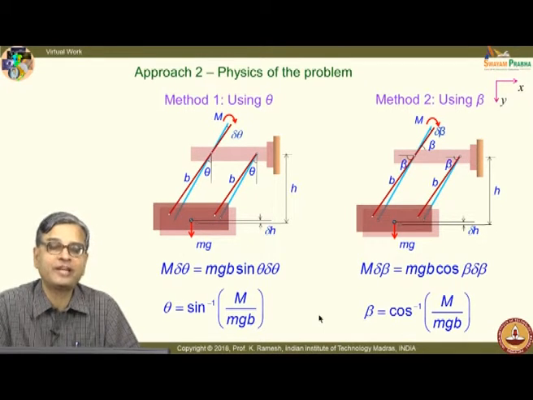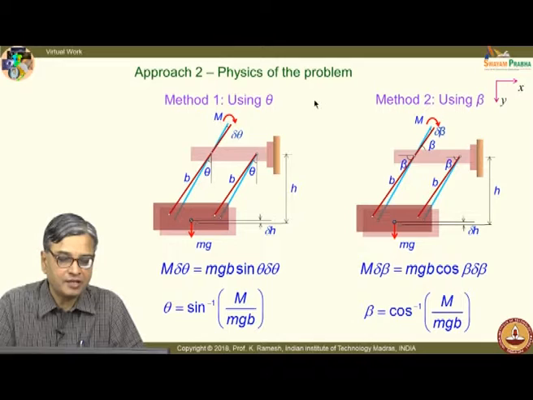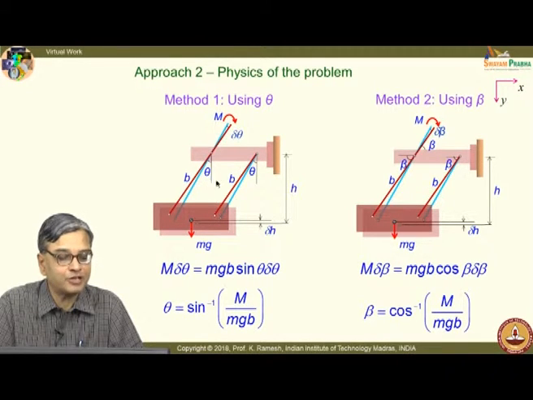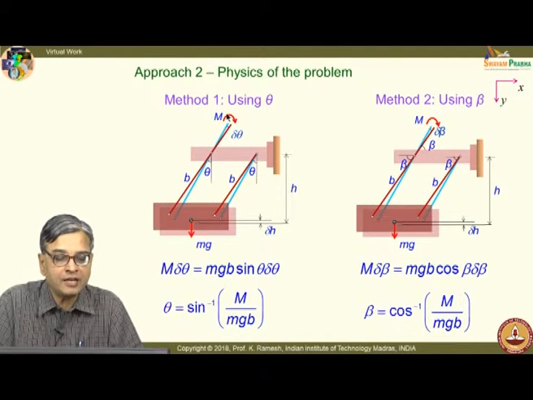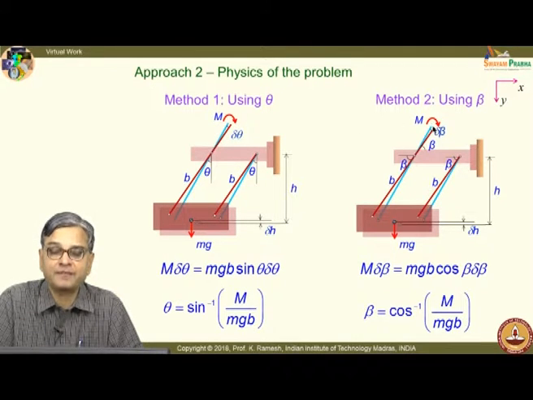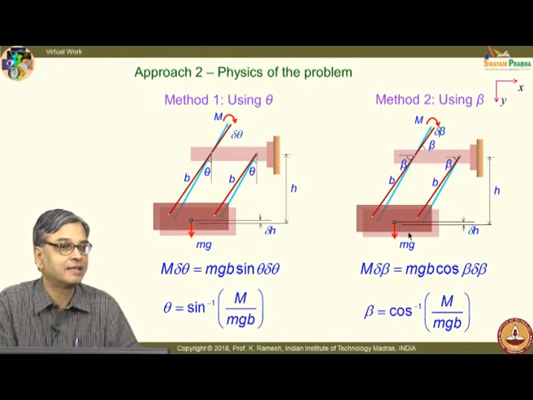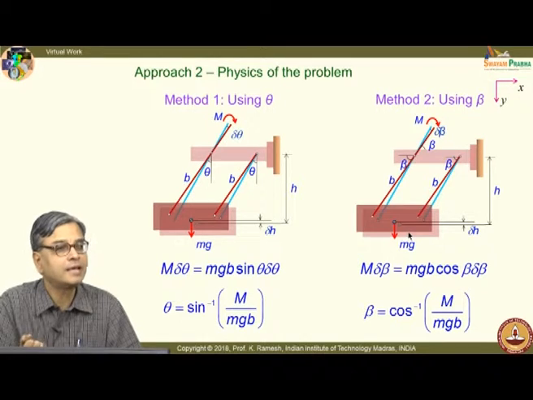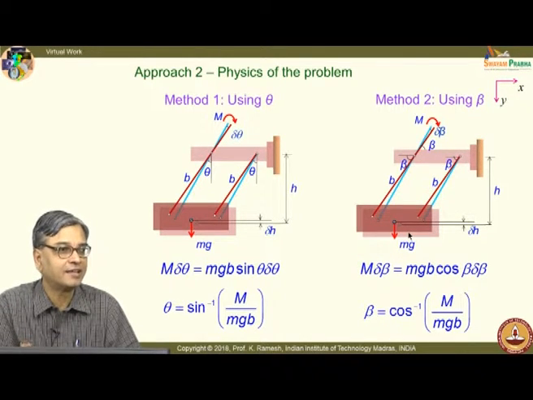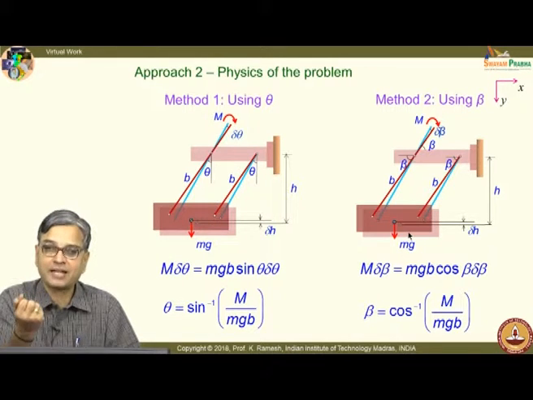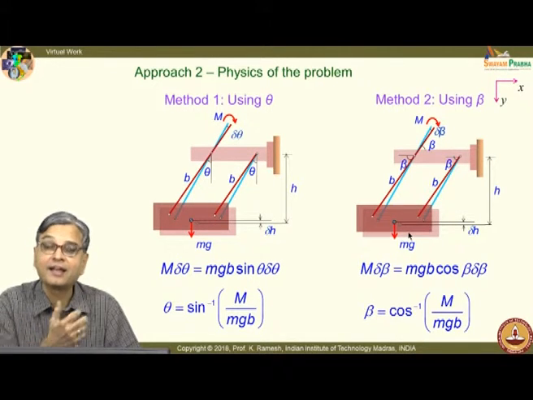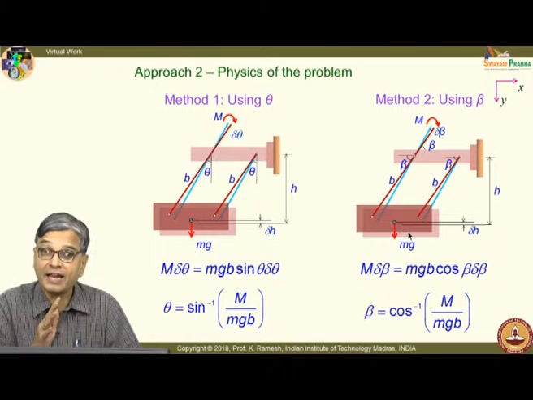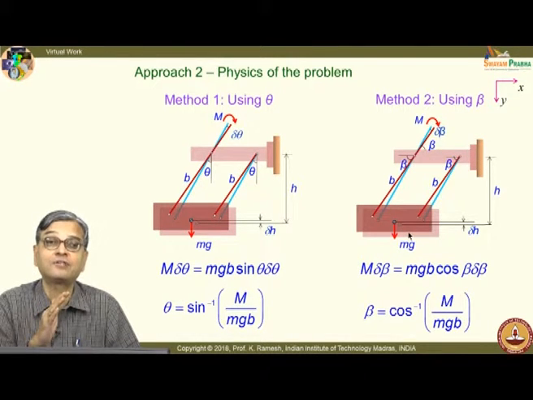Let me also give you one more variation. See, in both the methods, where I have looked at whether I should use theta or beta, I have given virtual displacement only to m to start with, then I figured out what way it will happen to mg. I can also do it from a different perspective. I can give a virtual displacement to mg. Do you get the idea? When I give a virtual displacement to mg, the mass will come down, the mass will do a positive work, whereas m will do a negative work. A lot of clarity in this. I would appreciate you try that out as a homework.